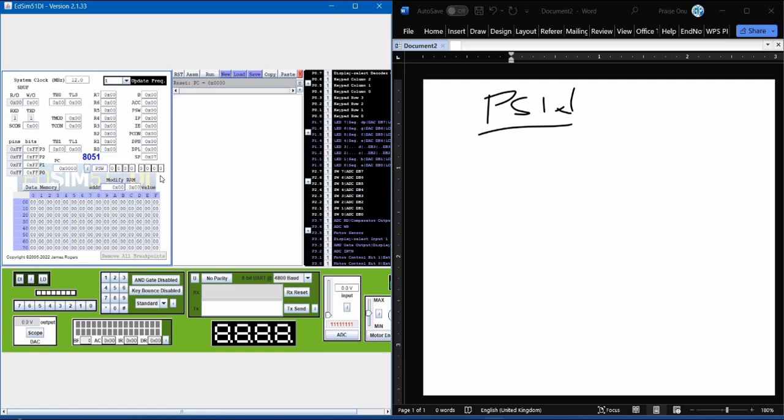So the first one will demonstrate the carry bit, CY. So let's pick a number. I'll just pick a number that will help us demonstrate that. So doing that, we have